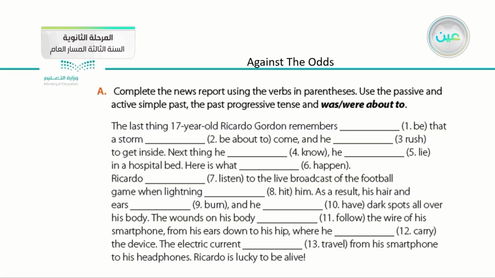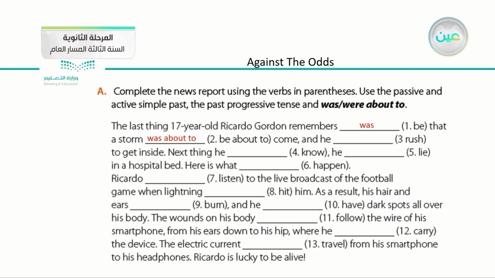A, complete the news report using the verbs in parentheses. Use the passive and the active simple past, the past progressive tense, and was or were about to. The last thing 17-year-old Ricardo Gordon remembers, and we have between the parentheses the word be. We have just learned that the word be refers to was and were. So the answer is, the last thing 17-year-old Ricardo Gordon remembers was that a storm was about to come,